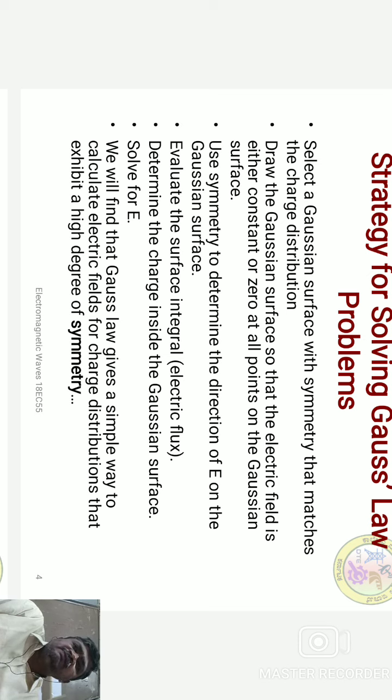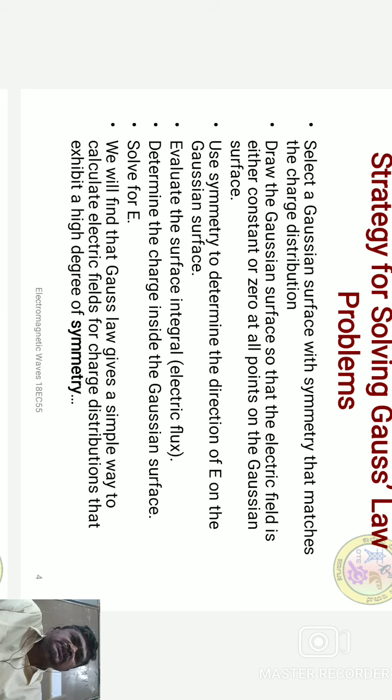How is that Gaussian surface supposed to be? So what are the properties of the Gaussian surface? It is closed from all sides, meaning that inside there will be a charge, and the electric field at every point is symmetrical, and theta at every point is also symmetrical. So we need to keep these points in mind when we go for applying the Gauss law.